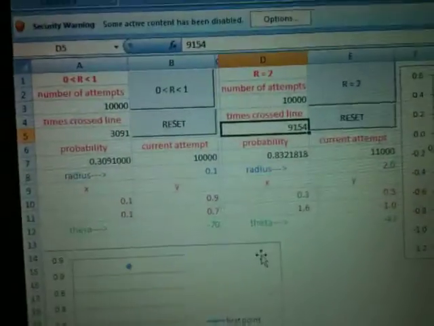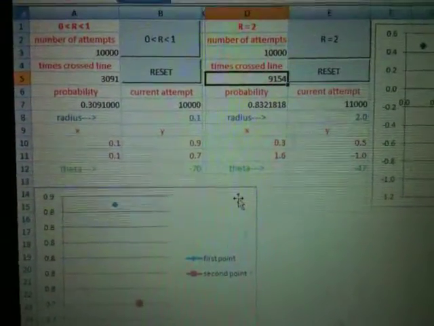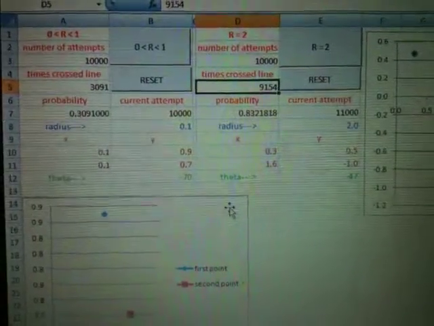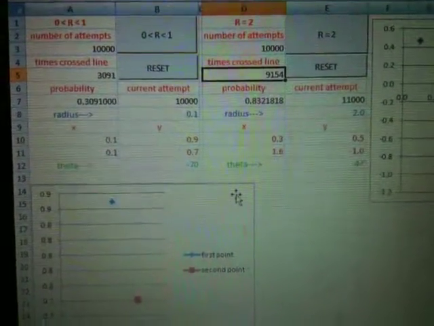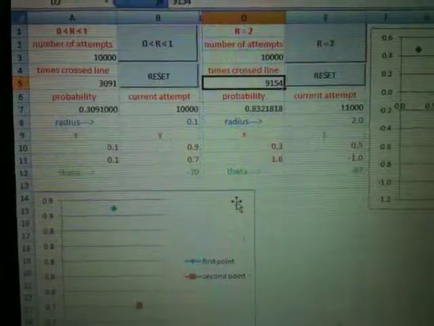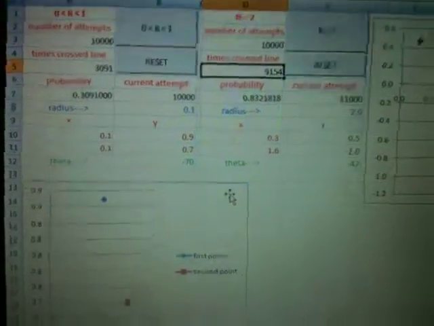A lot of stuff on the screen here. Okay, this is in Excel. This problem was called the needle problem, where, say, if you had a series of vertical lines,